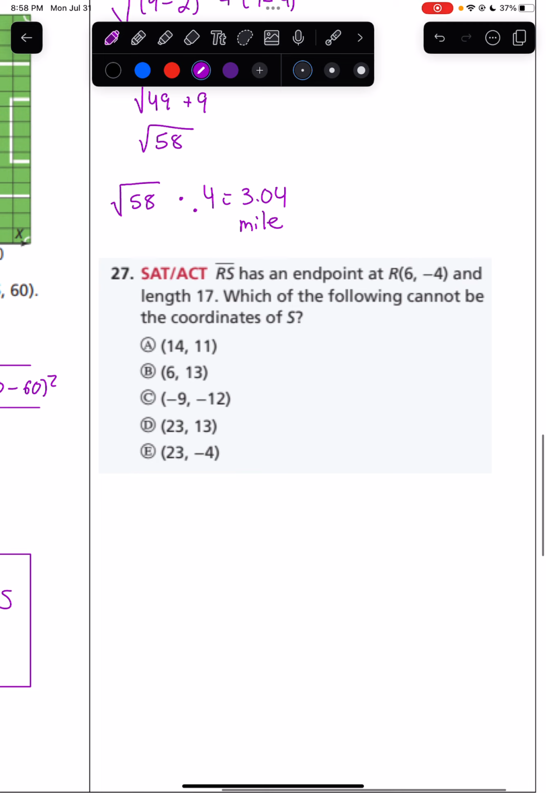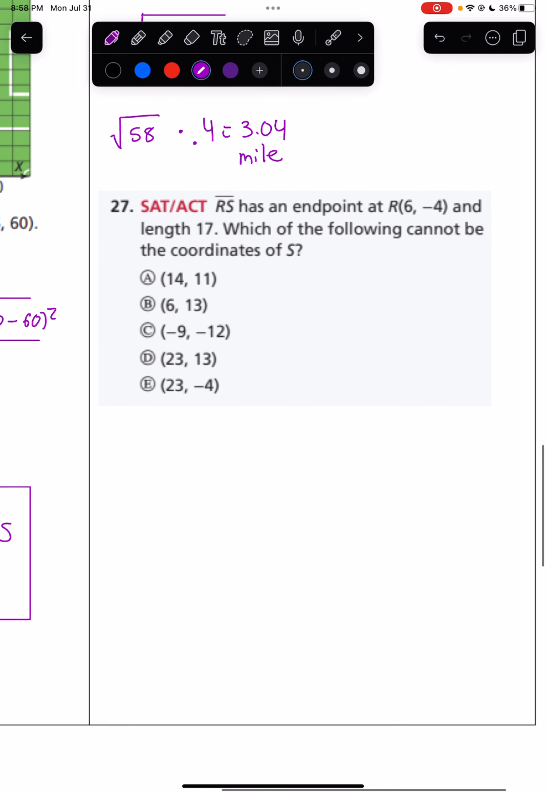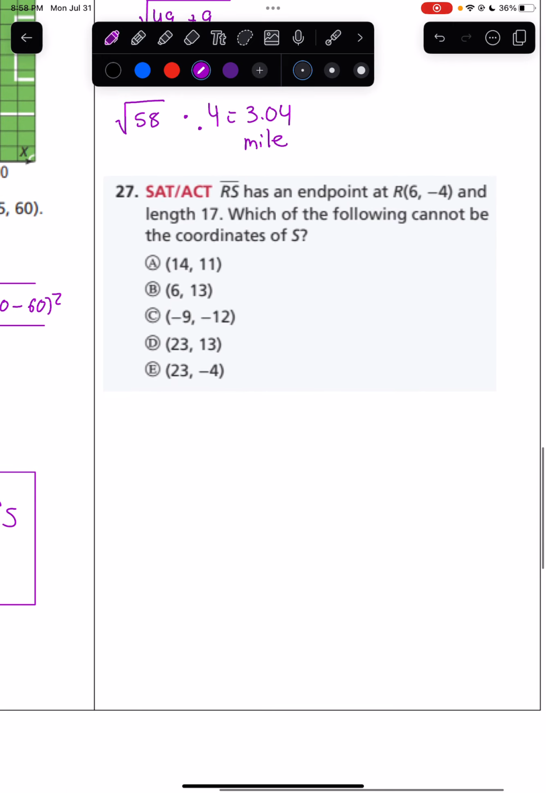And one more question. RS has endpoints at 6, -4, and length of 17, which cannot be the coordinates of S. This is an interesting question. So if it has endpoints at 6, -4, and length of